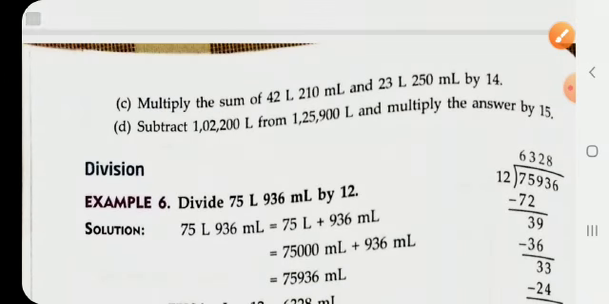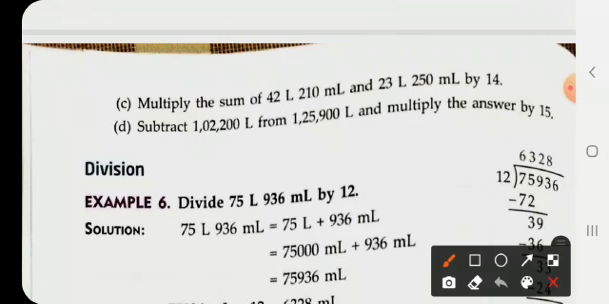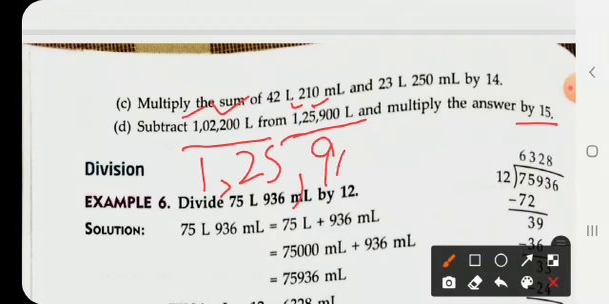Now coming on to question number D. D says subtract 1,02,200 liters from 1,25,900 liters and multiply the answer by 5. So first what you will do, you will subtract these two numbers. So we have to take away this number from this number. That means 1,25,900 and subtract